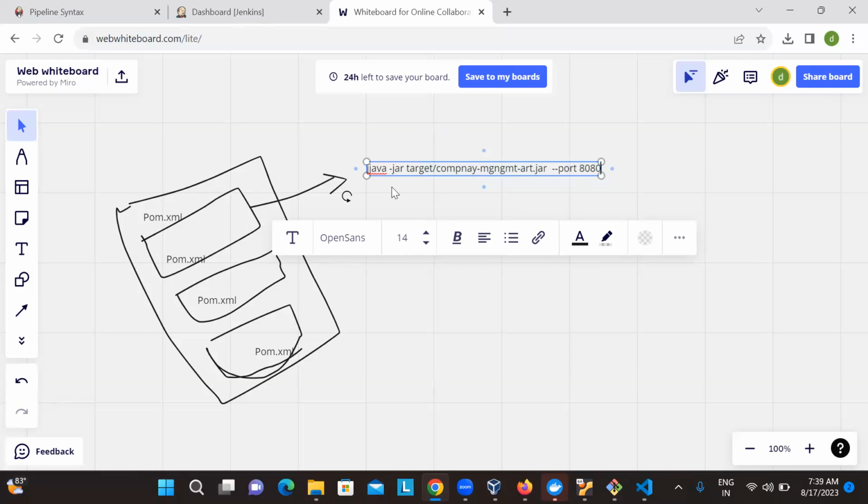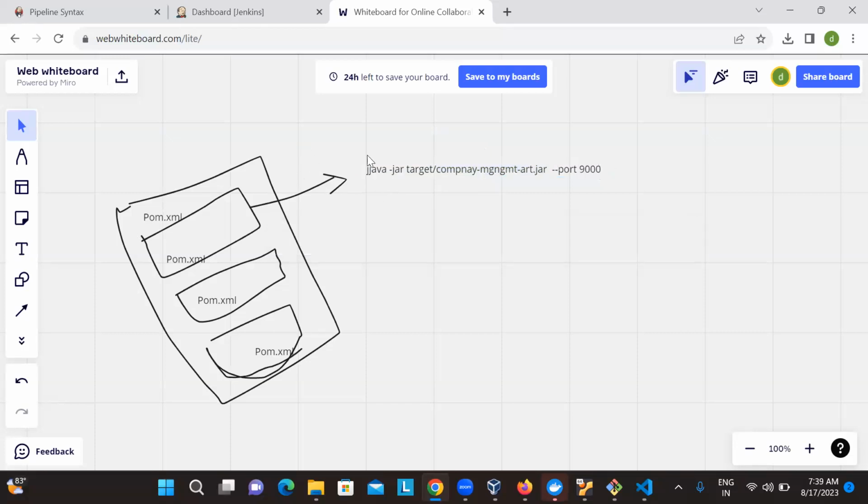Let's say, for example, port 9000, meaning there is one service running on port 9000. The name of that service is company management, which is a sample web application. Okay, this is how we will be running it. The same process we will be running